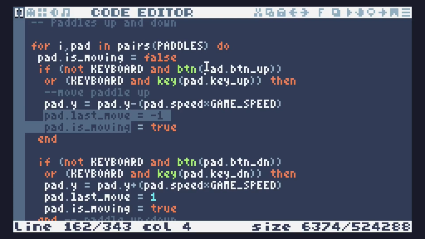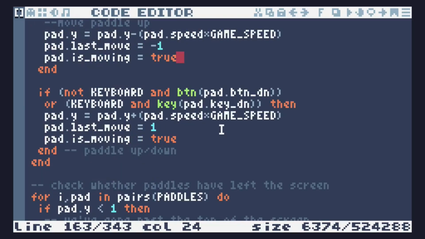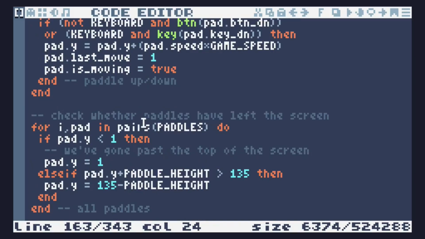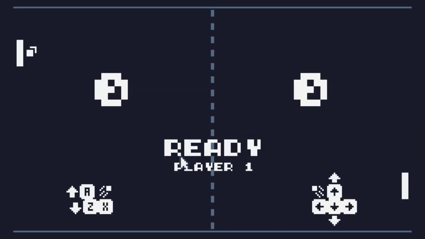Whereas for the launch thing at the beginning, during start, we only read last move, so it doesn't matter that we've stopped moving because we still want the ball to launch in whatever direction we were moving before. Is this the only place we need to change it? I think so. Check with the paddle to the screen. Yeah. So run this. Now,